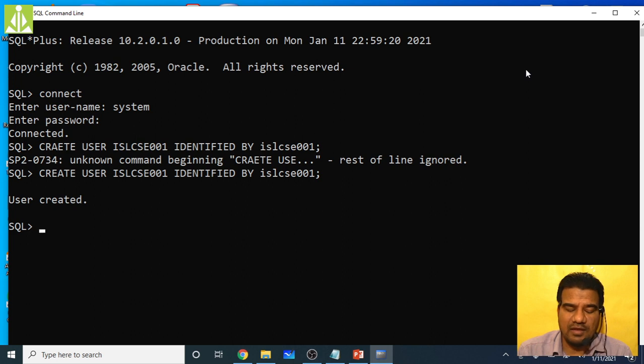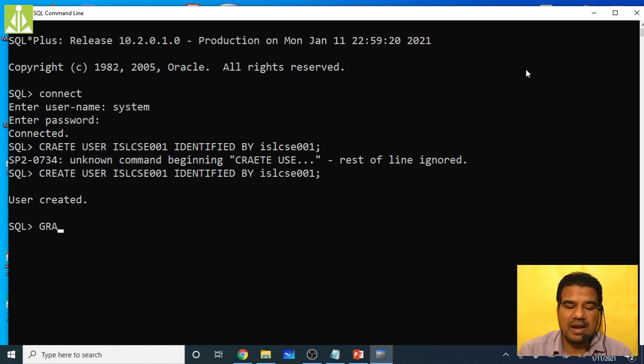Even though the user is created, the account or the session is still not ready for use, isn't it? After creating the user, we have to grant permission to that user. Then only it is possible to enter into that user and do further transactions. How can we grant the permissions?